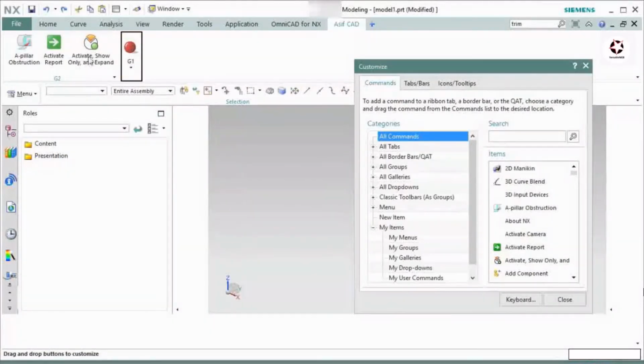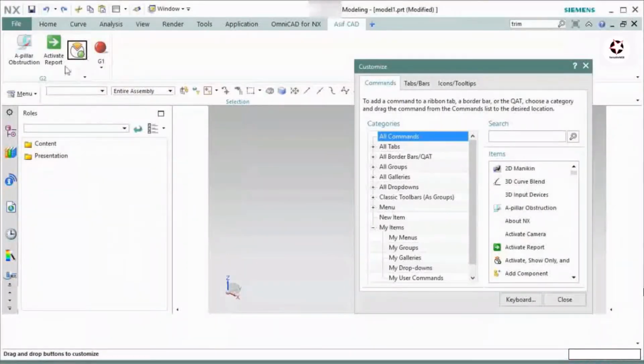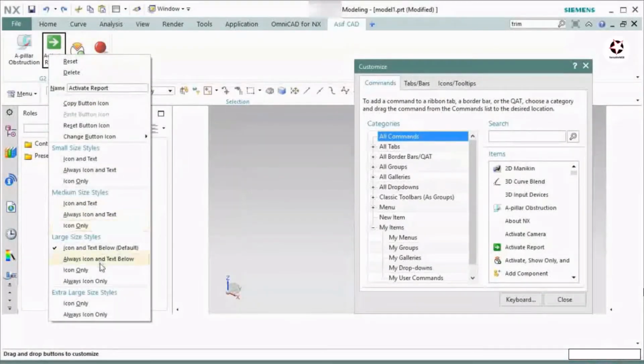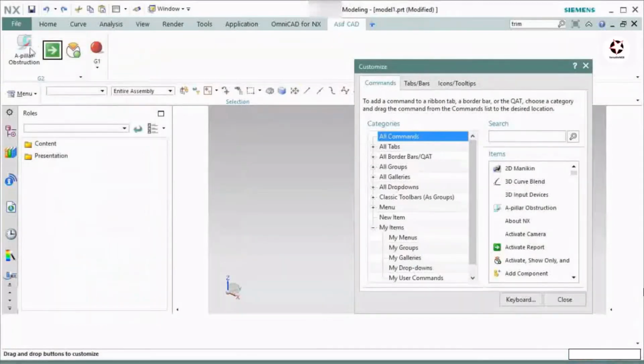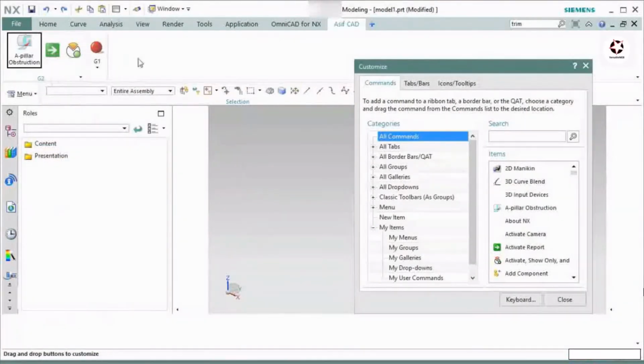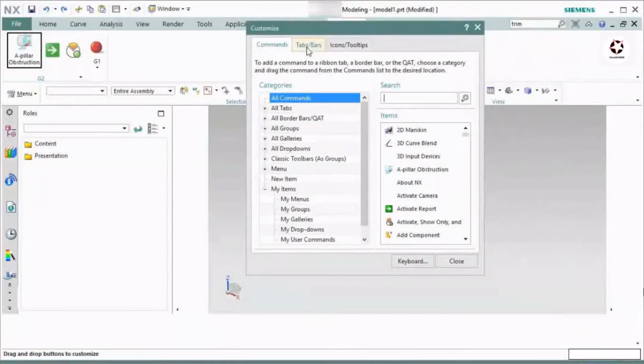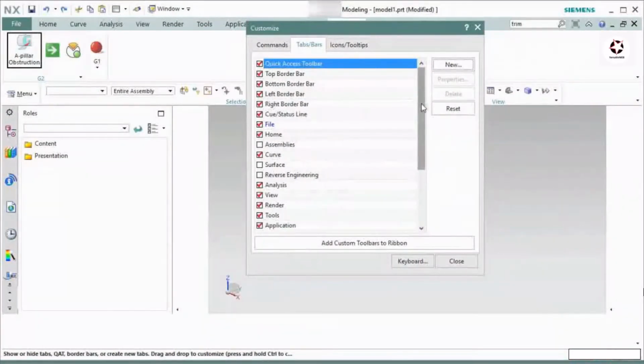Now let's say I don't want to show any text for this tool. So I will right click on this tool and I will select icon only, and this will show me only the icon. If I want, I can show always icon only, or I can select always icon and text below. Now this tab, ASIP CAD, I will get that tab inside this tab.